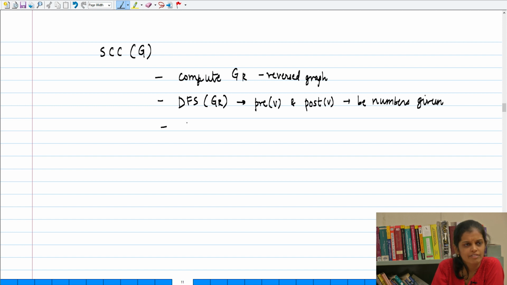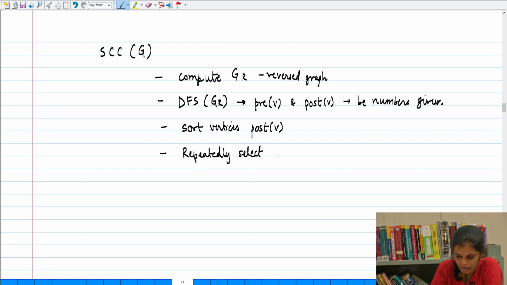So we will sort vertices according to post of V. Remember that this post of V is the post visit number given on the DFS of GR, not on the DFS of G, and we sort them on post visit of V, and then repeatedly select the max post visit number vertex